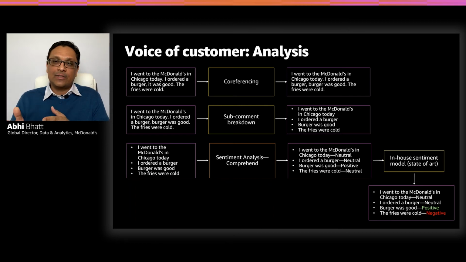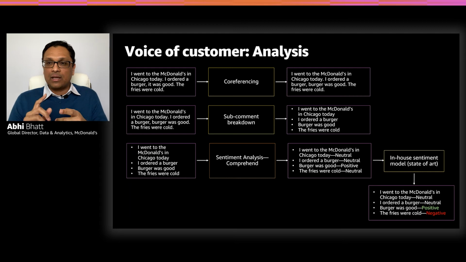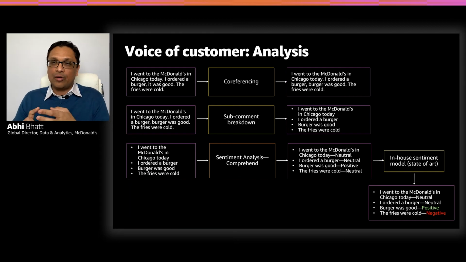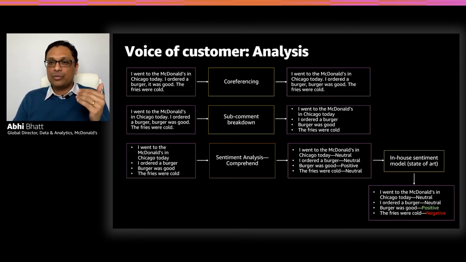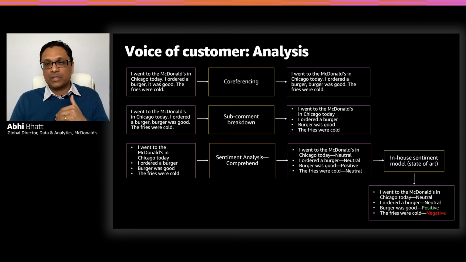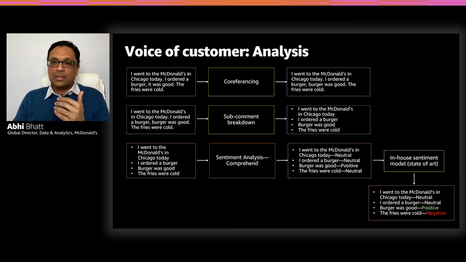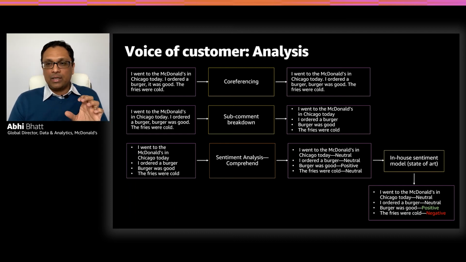So essentially then you'll see the output of the subcomment breakdown is 4 subcomments. They being, I went to the McDonald's in Chicago today, ordered a burger, was good, the fries were cold. Now we have these 4 subcomments which will then be sent to Comprehend to do sentiment analysis and topic assignments. And as you can see, when these 4 subcomments are sent to the sentiment analysis for Comprehend, you get 4,